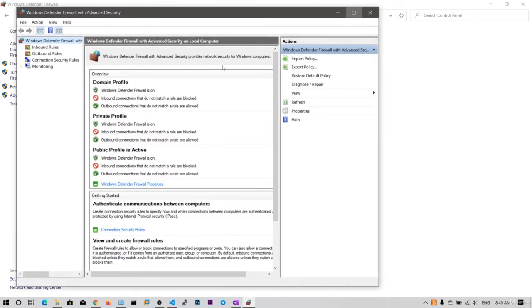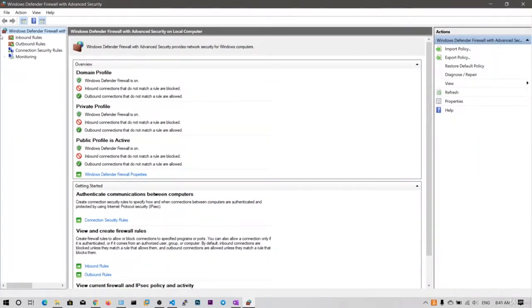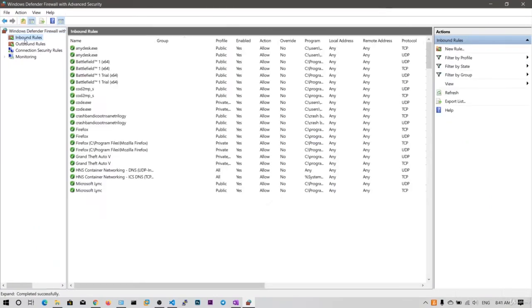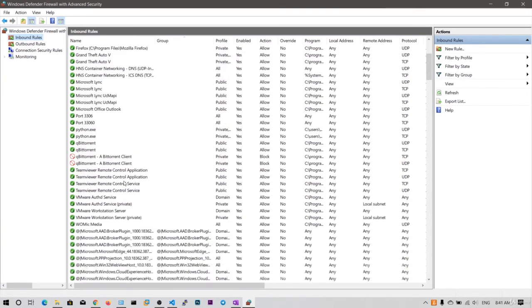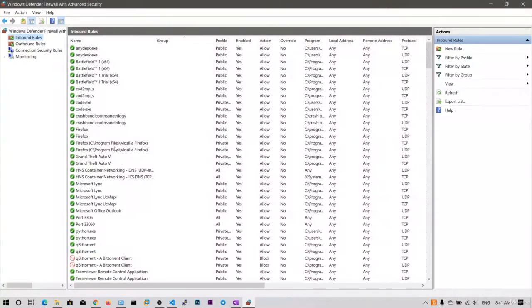Now a window will open. Here you can configure the rules. You can click on Inbound Rules and it will show you the default inbound rules the applications have added.